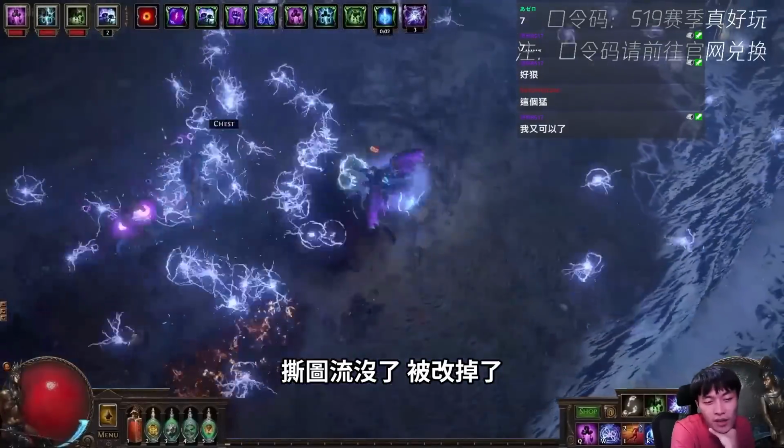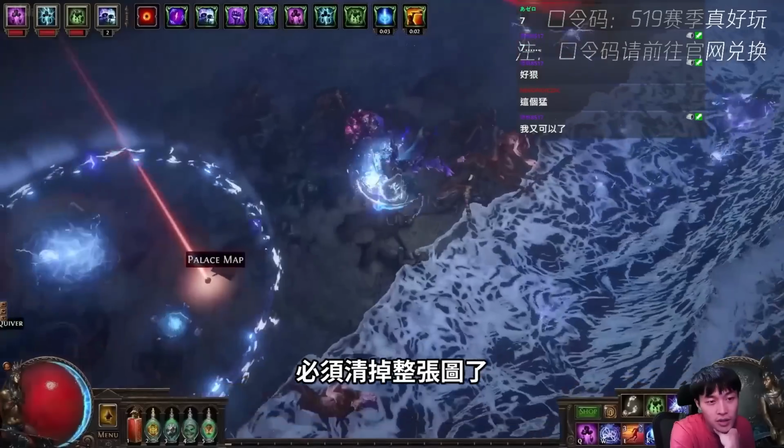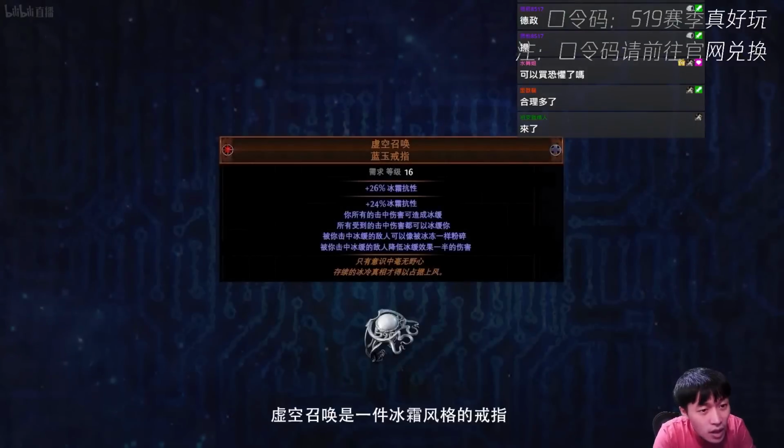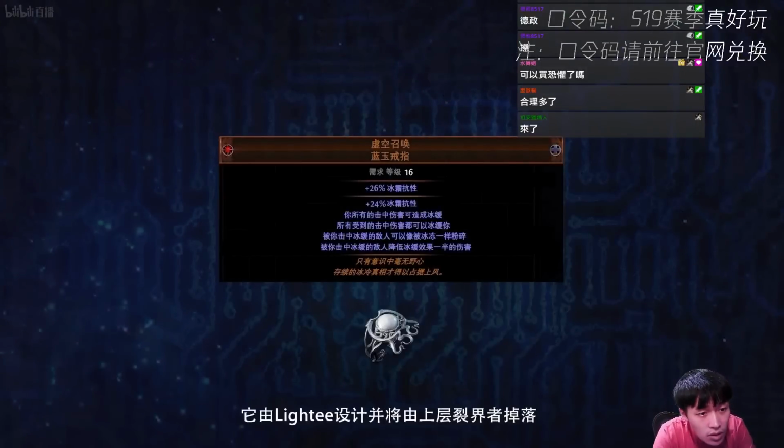The map-rushing strategy is gone, it has been changed, and you have to clear the whole map now. 3.19. Call of the Void is a new cold-themed ring that was designed by Lighty and will drop from the